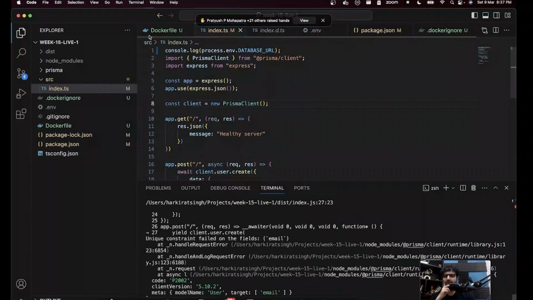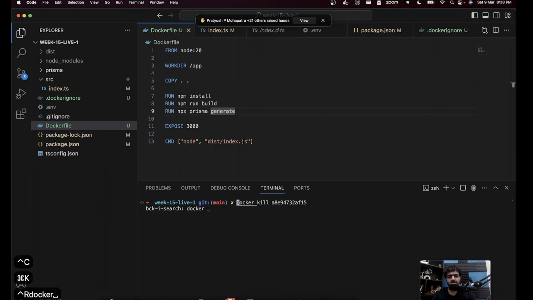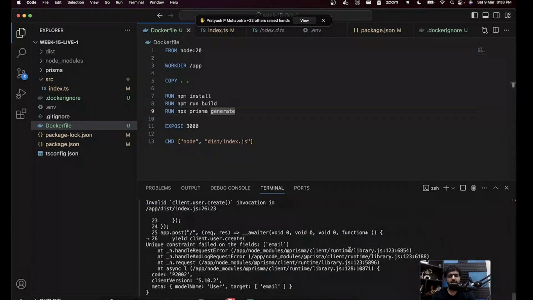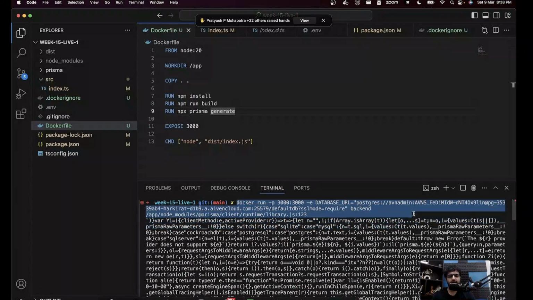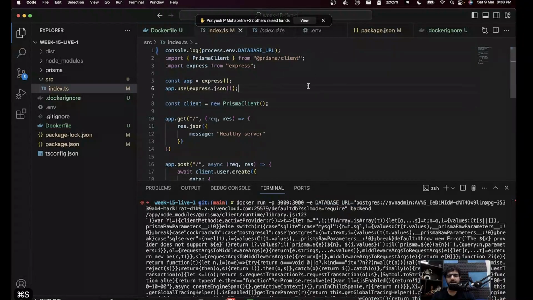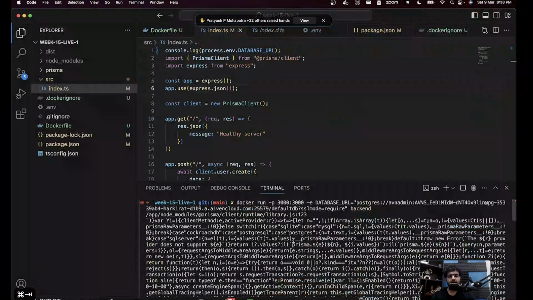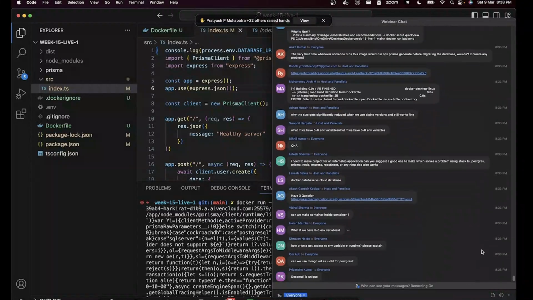But then how did it work in the Docker file? Because in the Docker file also, when we were generating the client, we did not have access to the URL. But when we were running it, oh, it didn't work here as well. Now, I could have sworn this worked the last time we did it. What did I do? Did I mess something up? This did work the last time, right? Let me open chat. Okay, sorry, slightly ad hoc of a class.